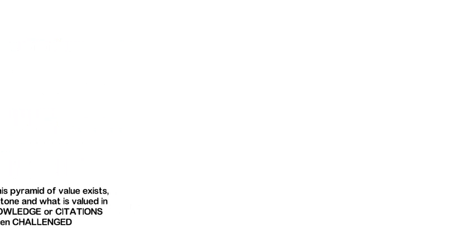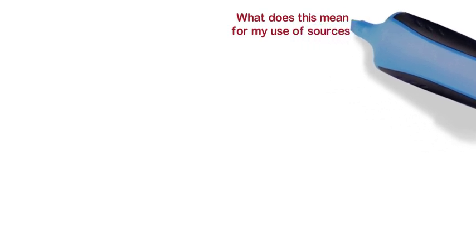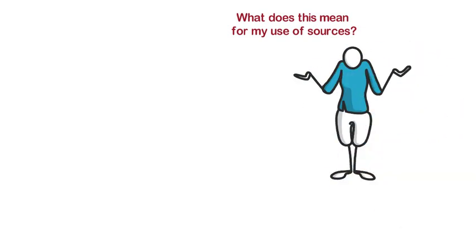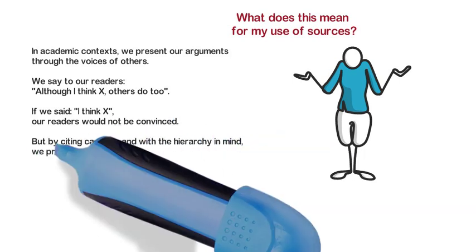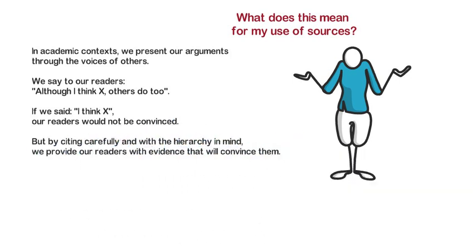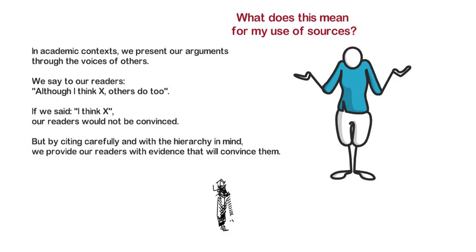So what does this mean for my use of sources? How can I put all of this together into my writing? It's really important to understand that in this context, we present our arguments through the voices of others. We say to our readers, although I think something, others do too. If we just said, I think something, our readers wouldn't be convinced. But by citing carefully and with this hierarchy of sources in mind, we provide our readers with evidence that will